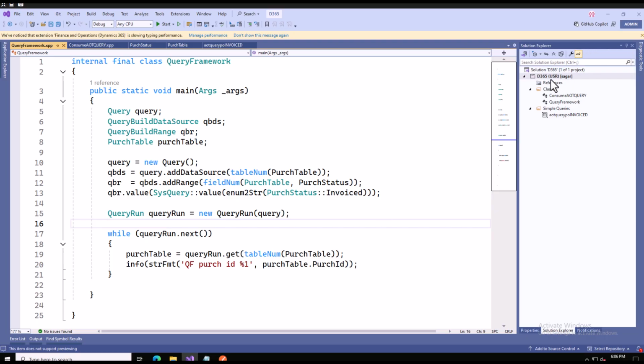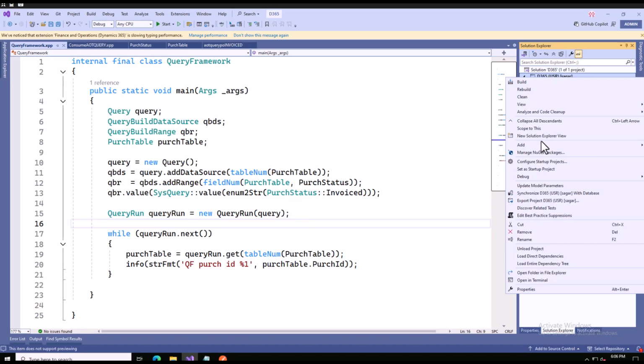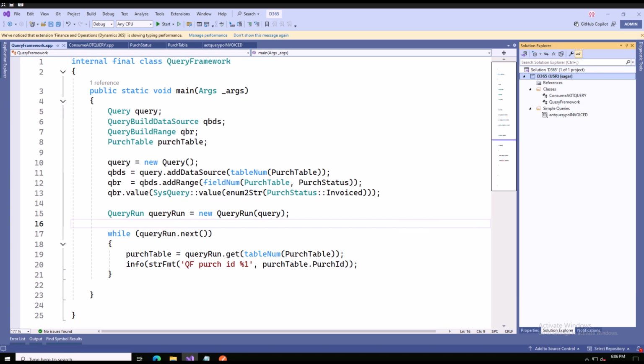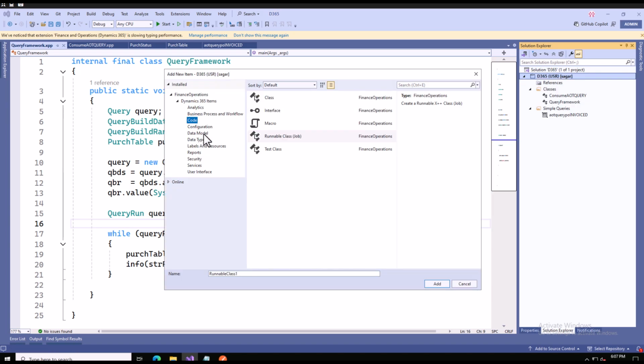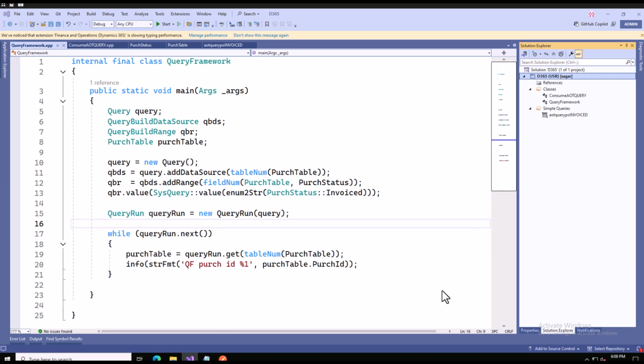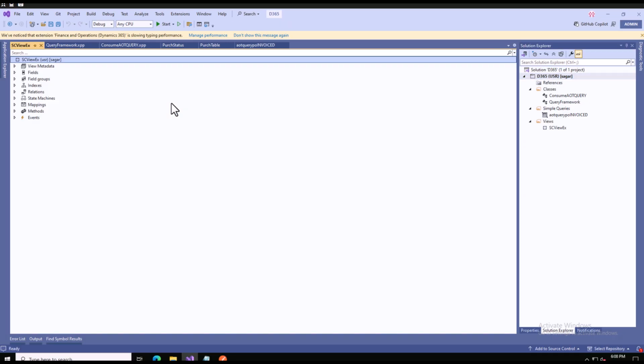So I will create a view first. I will say new item here. For that I will go to data model. I can go to my view. Here I can say view example, something like this. I will say add. So this will add a view for me,